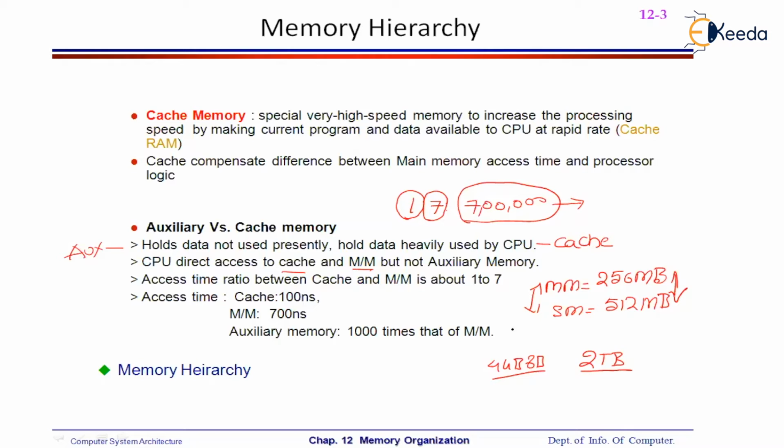That means nowadays the access ratio of the cache memory to the main memory to the secondary memory is greatly increased. The access difference of cache memory to main memory is 1:7. The access difference of main memory to secondary memory is nowadays 1:7,000, which translates to 1:7:7 lakhs. That is the reason why the CPU will never communicate with the secondary memory directly. Rather, it always accesses the data from the main memory only.